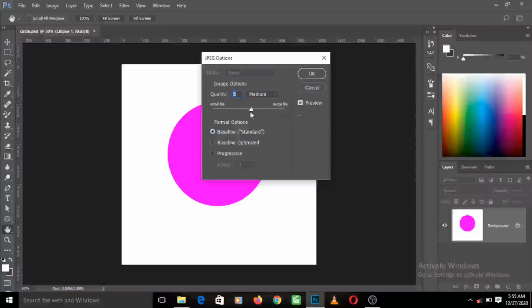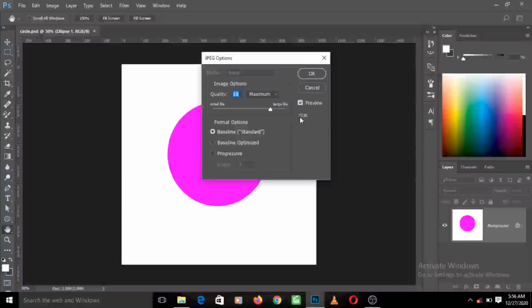The more I take it to the left, the smaller the file becomes. Look, it is now 41.4 kilobytes, but once I take it further to the large file side, the size increases to 73.3 kilobytes. So if you want to save for print, you can use this method.